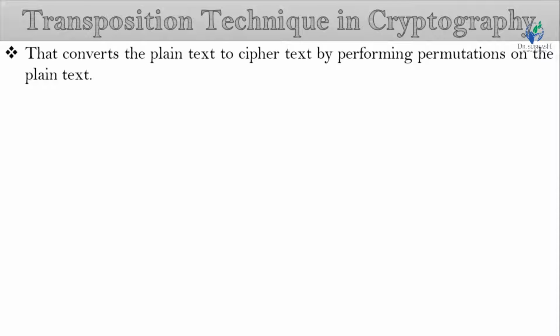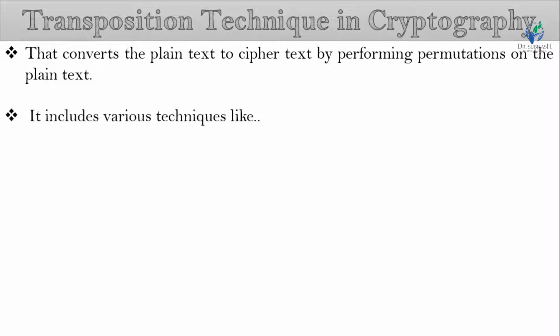Transposition technique is a cryptographic technique that converts the plain text to cipher text by performing permutations on the plain text, or we can say it changes the position of each character of plain text for each round.